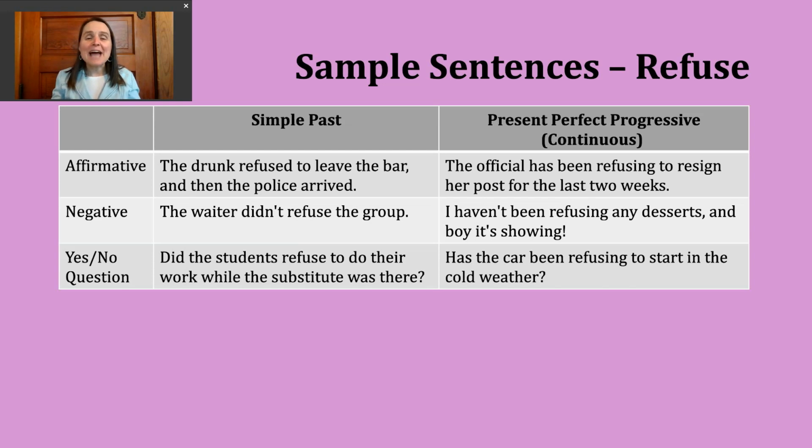Now, let's look at making a negative simple past tense sentence. To do this, I start with my subject, I use did not, and then the base verb. You might also see or hear the contraction didn't and then the base verb, which means the same thing. They're both great. An example of this might be: the waiter didn't refuse the group. I know some people who've worked in this industry, they might see a large group and think, oh, I don't want to deal with that. I'm not going to be their server. But here, that didn't happen in this particular sentence.